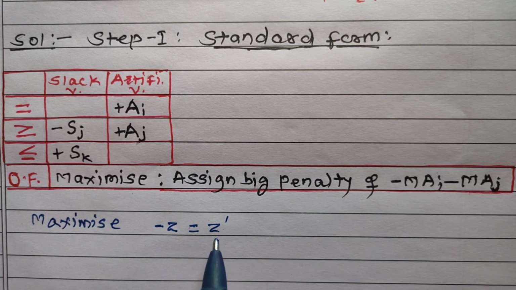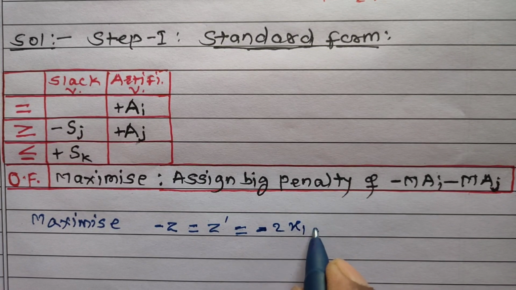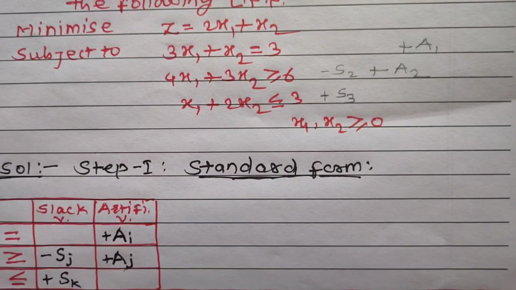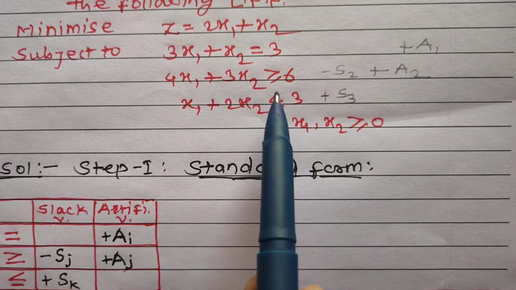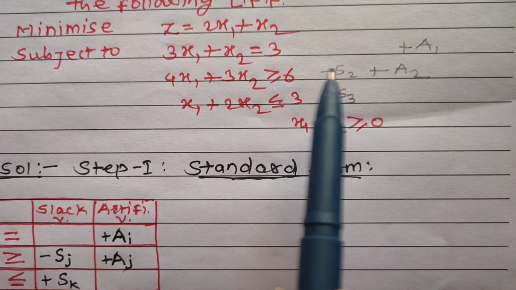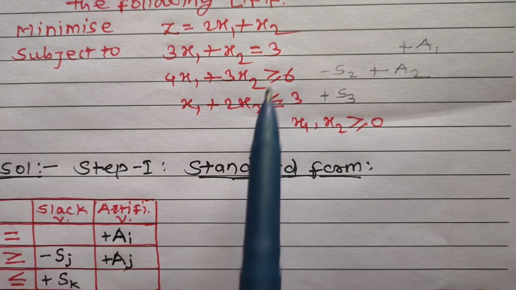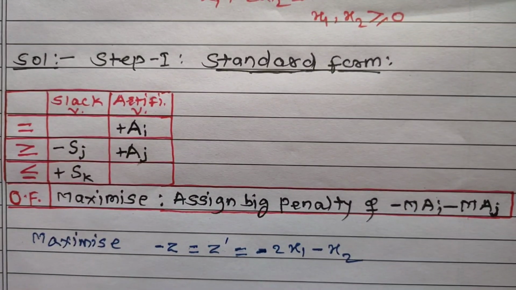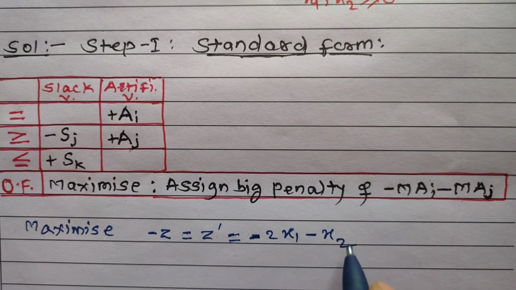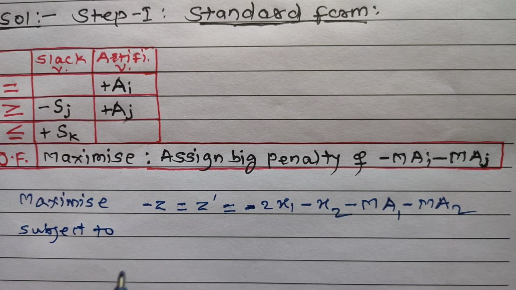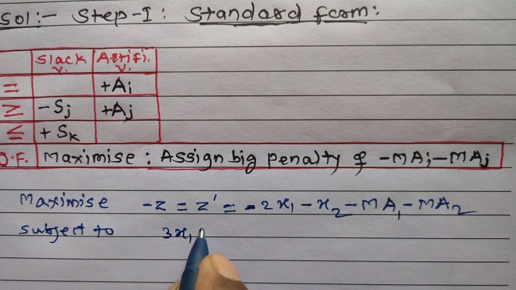That gives minus z is equal to z dash, which is equal to minus 2x1 minus x2. And here the first constraint is with an equal to sign and the second constraint is with a greater than or equal to inequality. We have to add a1 in the first constraint and a2 in the second constraint. So big penalty M we have to assign in the objective function subtracting M a1 and M a2,